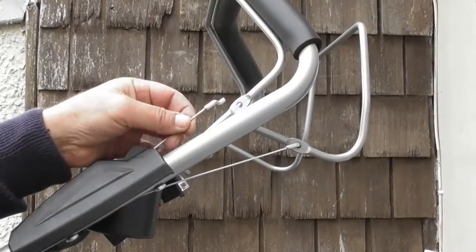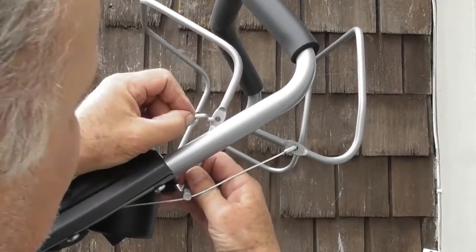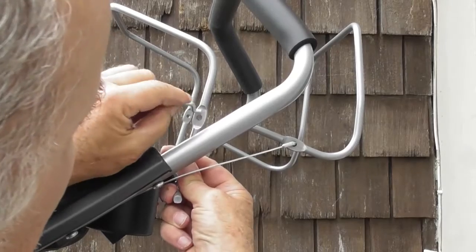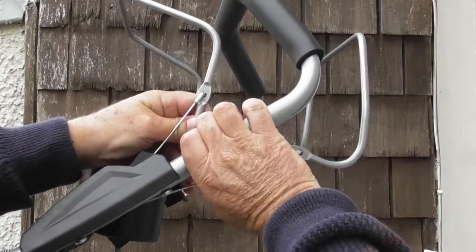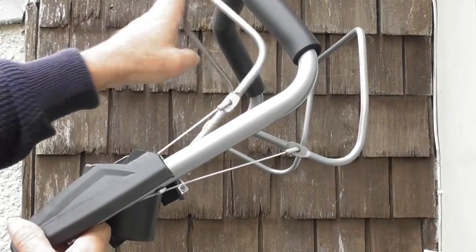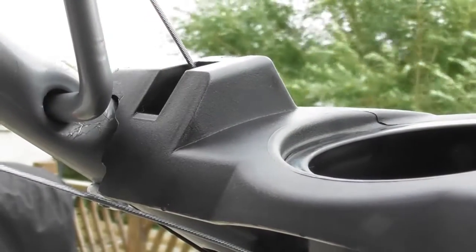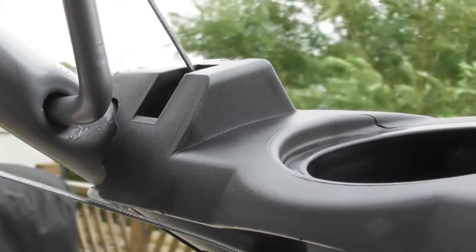The final little job, put the cable back in the handle. So again, I'll pop the handle out, just bring it down to give myself a bit of slack. Pop the little dog leg back in there and put the handle of the lever back into the hole in the handlebars, and that's now in place, ready to go. Here's the front cable coming through that little slot, and the rear cable is out in fresh air,